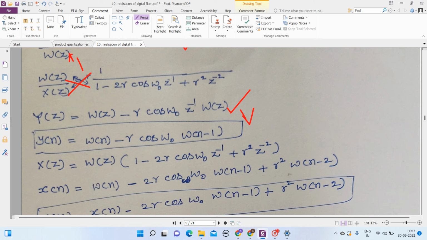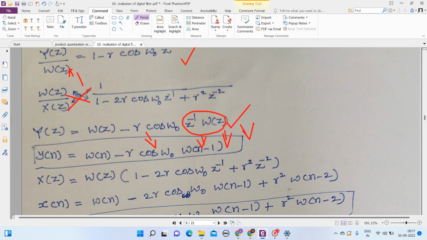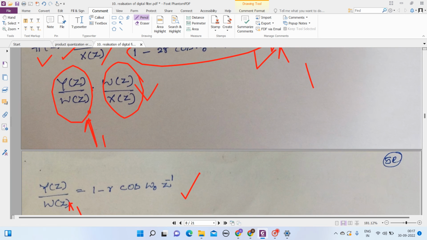Y of z means y of n is equal to w of n minus, here the delay element is z to the power of minus 1, then it becomes w of n minus 1, right? So minus r cos omega naught, w of n minus 1. That's all. Now we have to take the second term equation, w of